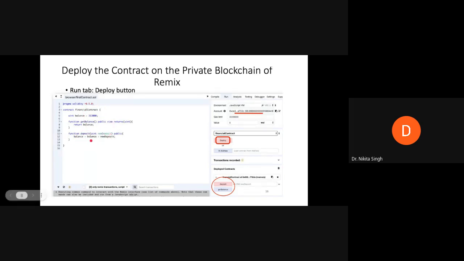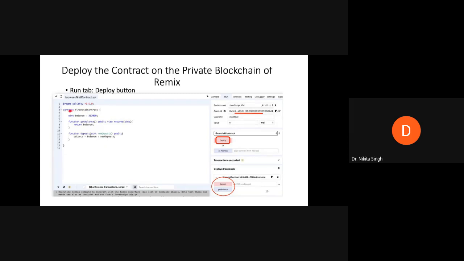If you deploy your smart contract and say return balance, whatever balance is in your account will be returned. But if some user makes a deposit to your account, your balance should get incremented by the new deposit. So here we have a smart contract used for returning the balance and updating the balance if any new amount is received into the account.